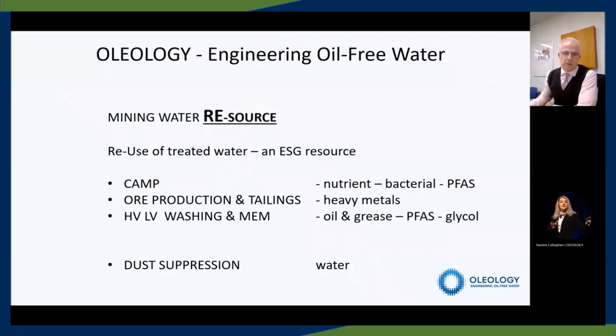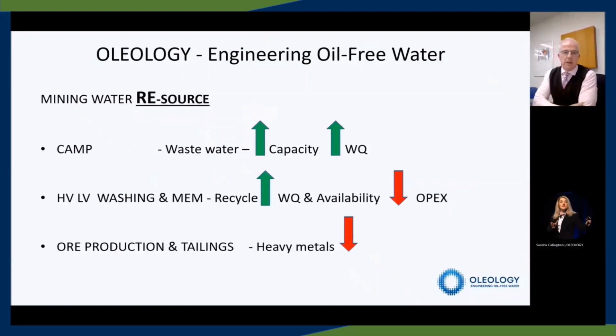So it pays now to consider PFAS removal in areas where it is likely to appear before it actually gets out from water treatment systems and discharged to groundwater. Mining water resource, for the camp, retrofits for increased nutrient removal and PFAS filtering, making water quality suitable for reuse in various applications around